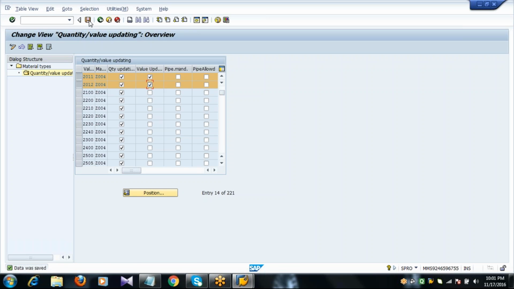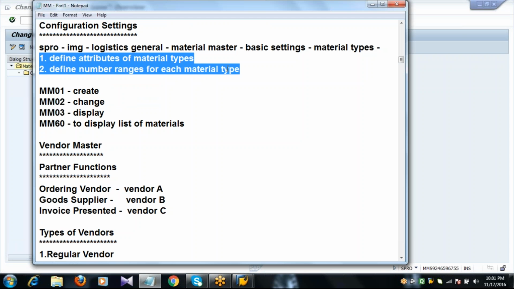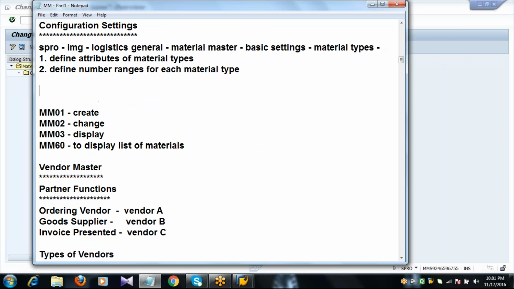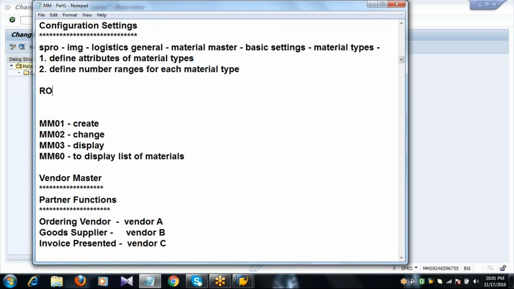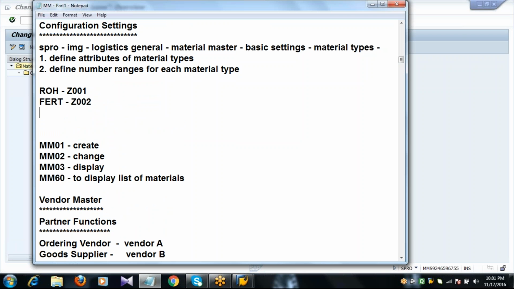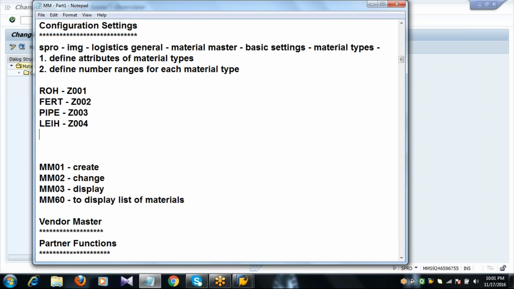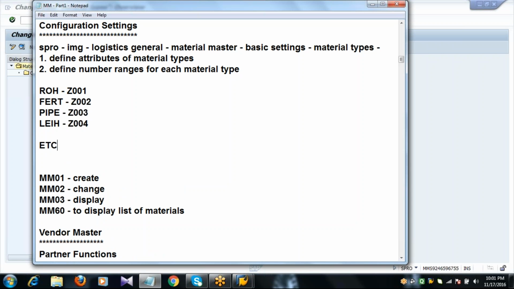Save. So what have we done, guys? These are the material types given by SAP, and we have created our own material types: Z002, pipeline material Z003, and returnable packaging material Z004, etc.